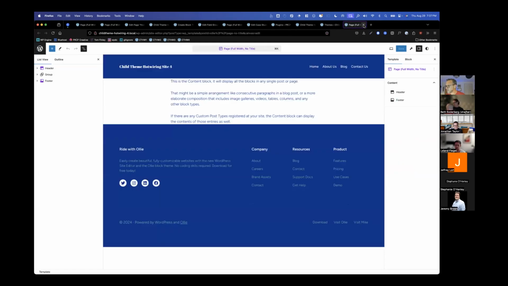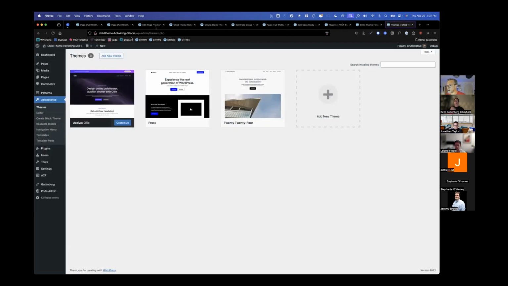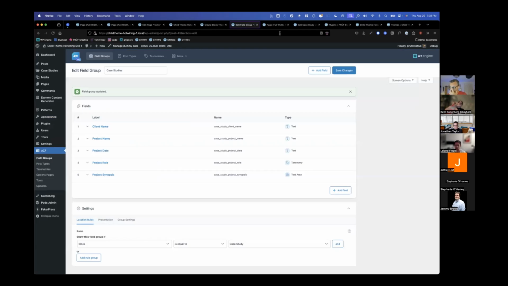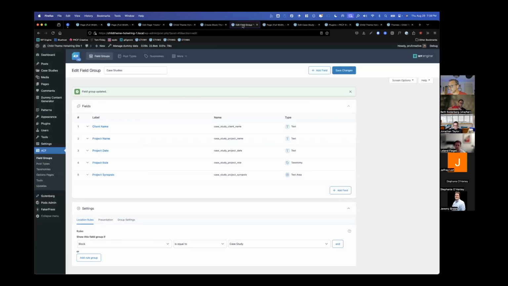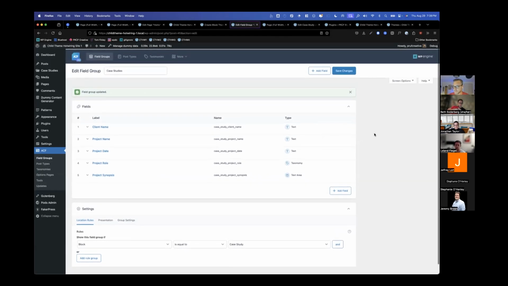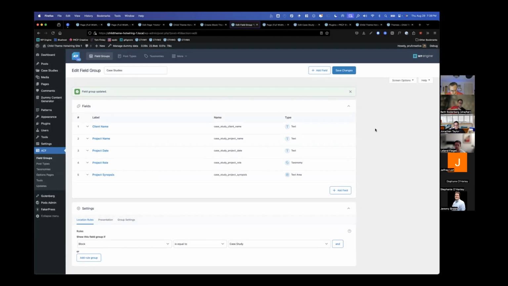So I'm going to go ahead and close that out. Now, the hot wiring part. What I want to show you is that we can, in fact, migrate from one site to another, or one base theme to another. So I'm going to basically demonstrate that two ways.